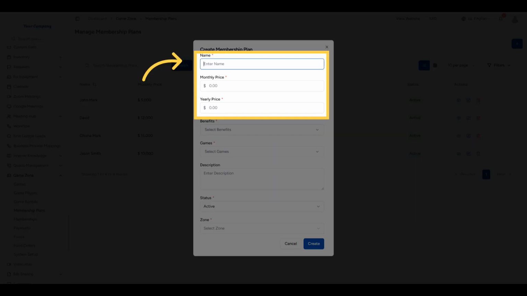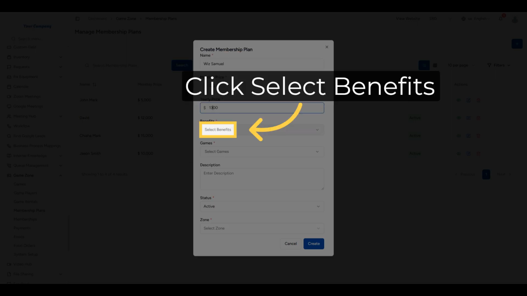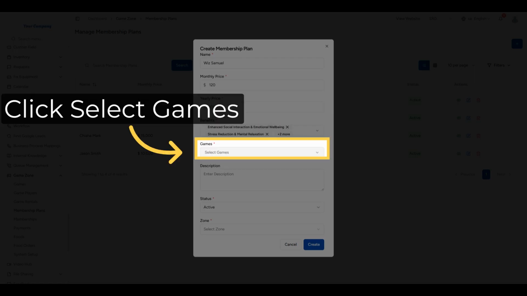Then enter the plan name, along with the monthly and yearly pricing based on your business offering. Open the Benefit dropdown and select Benefits to choose PR. Select the benefits included in the membership plan. After selecting all the benefits that are linked to the game, click Select Games to choose the games included in